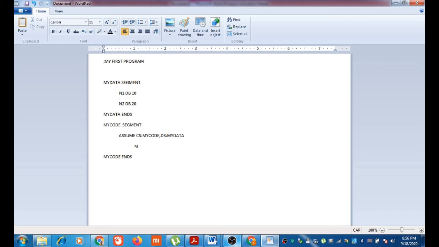For that, you can't directly assign an immediate value to a segment register. Because of that, you should move the address of the data segment to some register. I'm using AX here. Then move DS comma AX. Now the data segment is initialized.